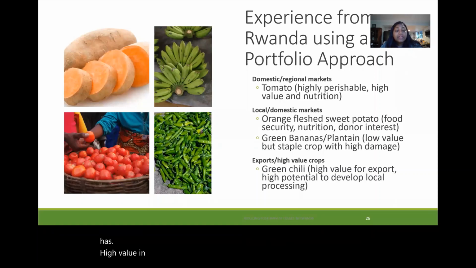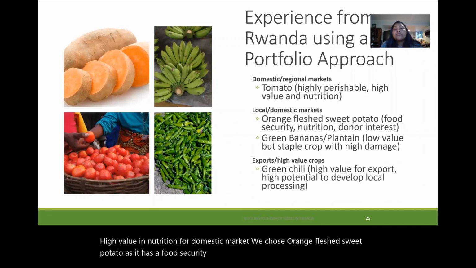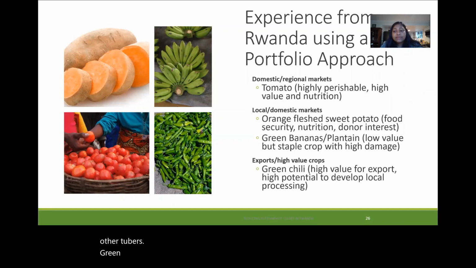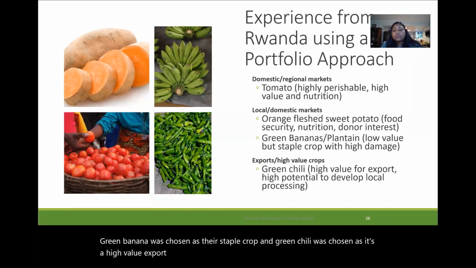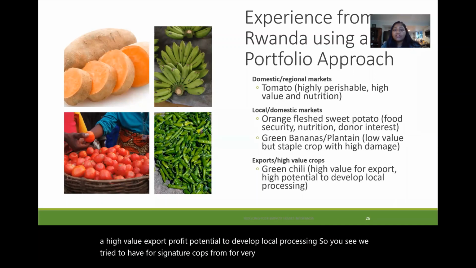For domestic market, we chose orange flesh sweet potato, as it has a food security and nutrition focus with spillover effects on other tubers. Green banana was chosen as the staple crop, and green chili was chosen as it's a high value export crop with potential to develop local processing. So you see, we tried to have 4 signature crops from 4 very different parts of the horticulture sector, so